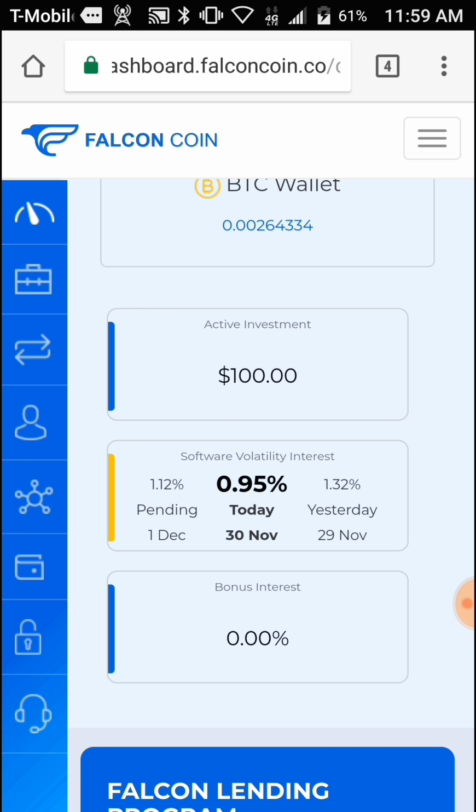So later on, after I have all 495 Falcon coins in the system, you're going to see I'll start making enough earnings that at some point I'll be able to have a $1,000 loan. I want to take my earnings, which is right now 47 cents, and at some point it's going to be a couple hundred dollars, because once I put $495 in, I should be earning somewhere between $5.75 and $6 per day. All right, so